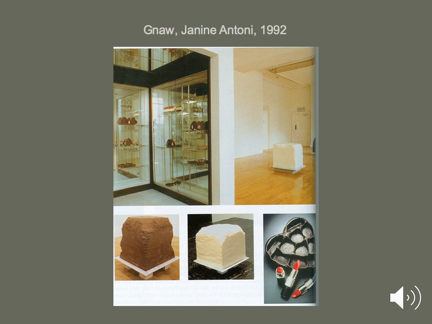So what does this mean? What is the meaning behind this? Well, in order to figure that out, we have to look at the form. We have to think about the material and how the material is being used. So when we look at the 600-pound block of chocolate with teeth marks along the edges, you have to ask yourself, what does this mean? What does chocolate mean? What do I think of when I think of chocolate?